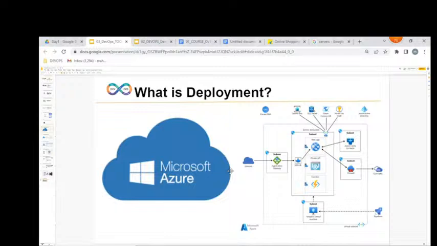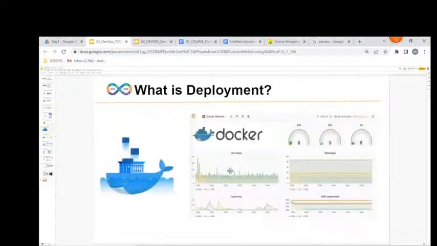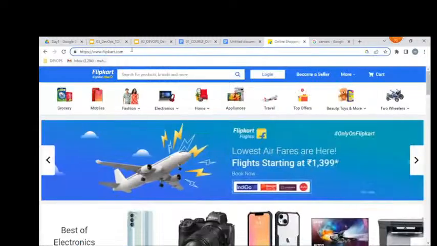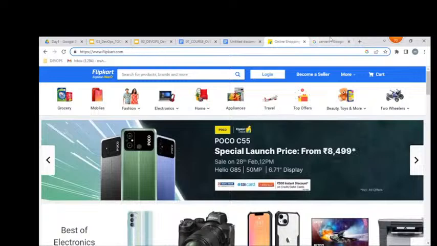Not only can we deploy our applications on Azure, we can deploy on Docker also. Sir, what is Docker? Docker is a container. Easily we can deploy our applications, like Flipkart kind of applications.